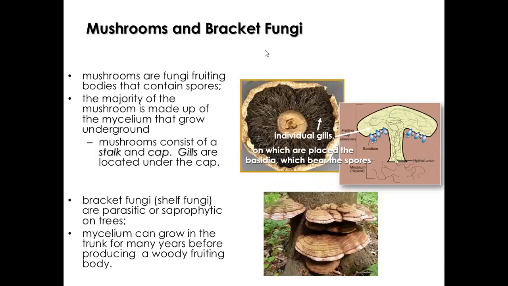All right, so let's talk about some more fungi, some that we're really familiar with: mushrooms. As I said before, the mushroom portion, the stalk and the cap, you can eat that whole thing if it's an edible mushroom. This is the fruiting part of the mushroom. If you were able to harvest all the mycelium, all the hyphae that's underground, and get rid of all the dirt and wash it, this would actually weigh more than the mushroom that's above ground, because there's so much more of it, all spread out. The majority of the mushroom is underground in this mycelium.